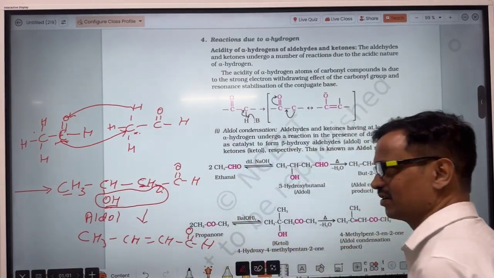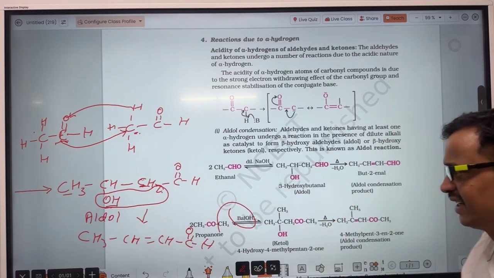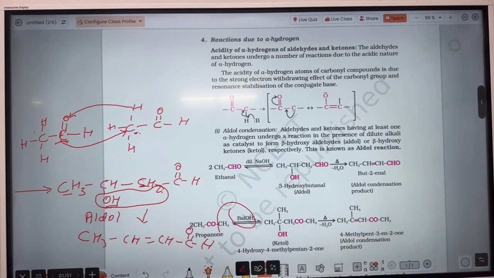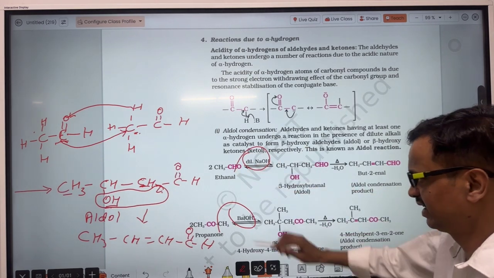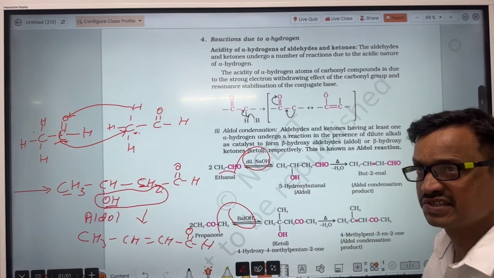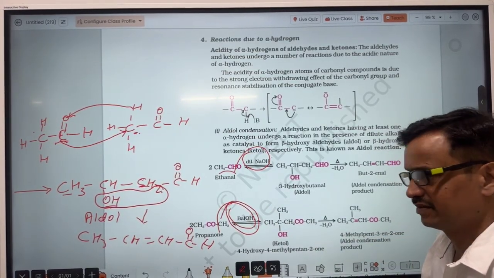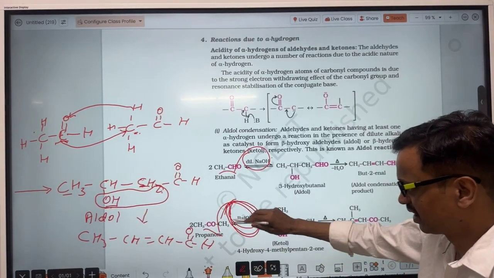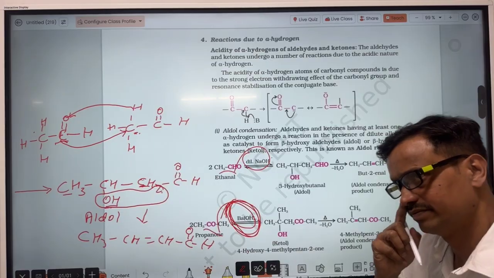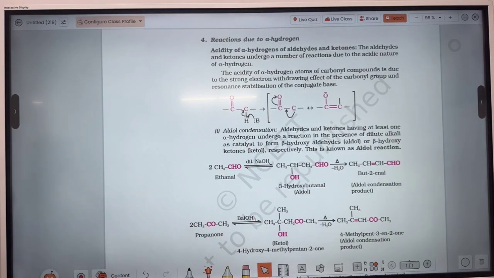But in ketone also there is formation of the same kind of compound, but the reagent we usually take is Ba(OH)2, barium hydroxide. For the aldol condensation reaction in aldehyde, dilute NaOH is taken, but for the aldol condensation reaction in ketone, barium hydroxide will have to be taken. Okay, one reaction you will have to do as your homework,